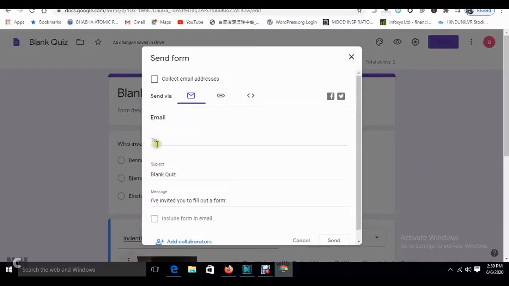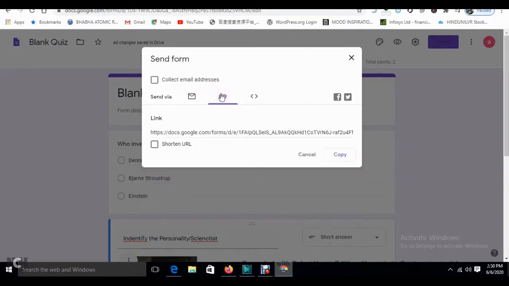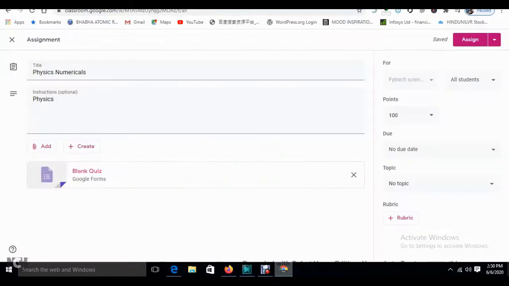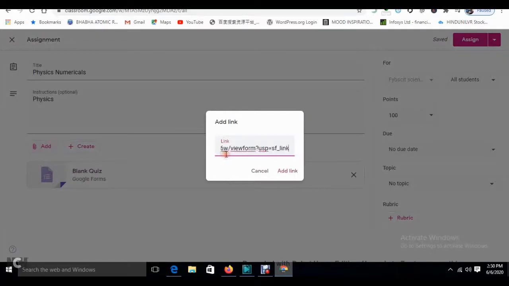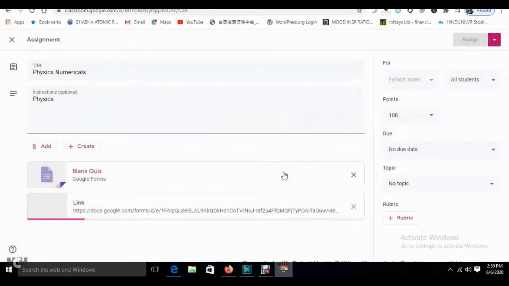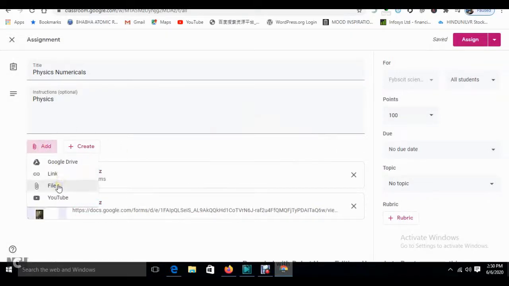I can mail it, or I will make use of this link, copy this link, go to the add option, and copy paste the link over here, and it will add the link.